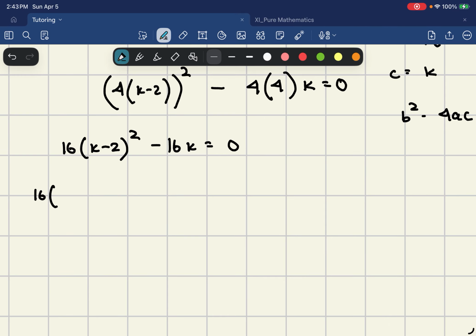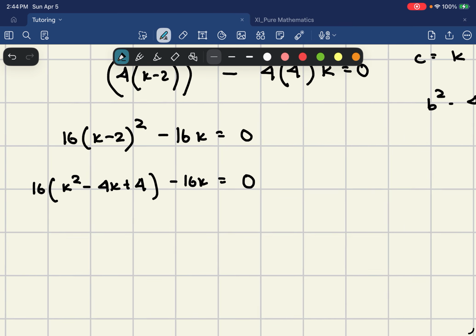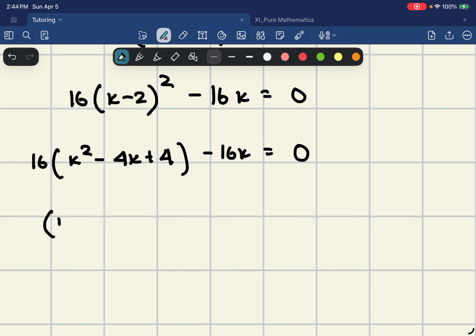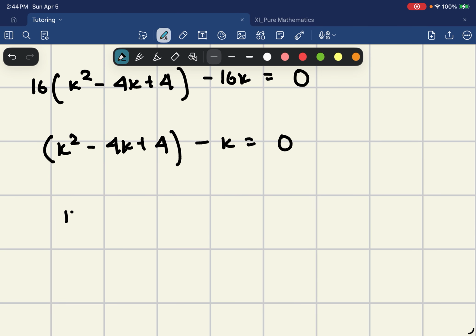16 k minus 2 whole squared, that is k squared minus 4k plus 4 minus 16k is equal to 0. Both terms have a factor of 16, so you can divide by 16 and you get k squared minus 4k plus 4 minus k is equal to 0. I just divided by 16 on both sides. 0 divided by 16 is still 0. So k squared minus 5k plus 4 is equal to 0,